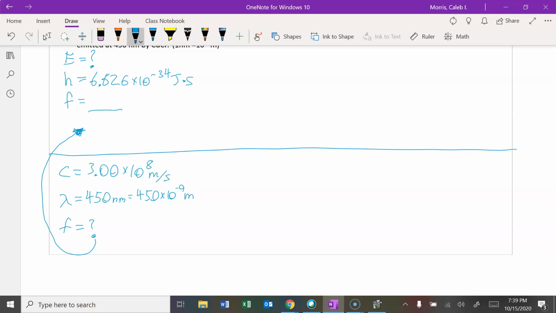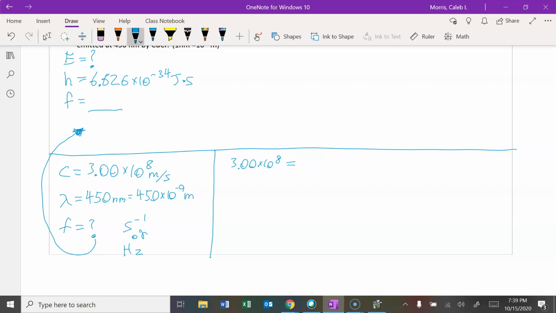And my frequency needs to be in units of inverse seconds or hertz. Either way. All right, let's go ahead and solve this now. So I have 3.00 times 10 to the 8th